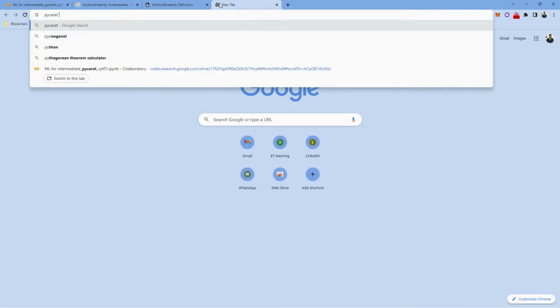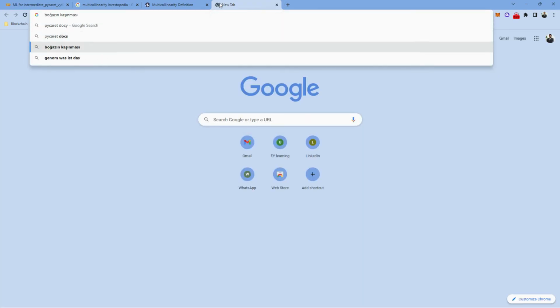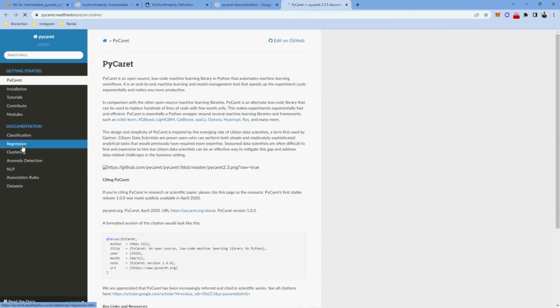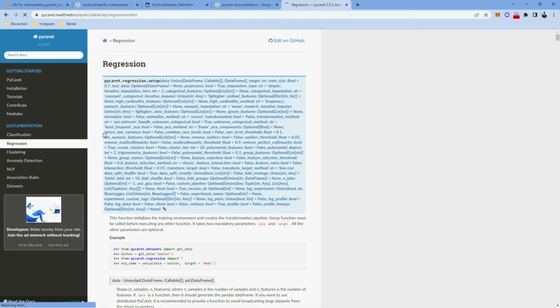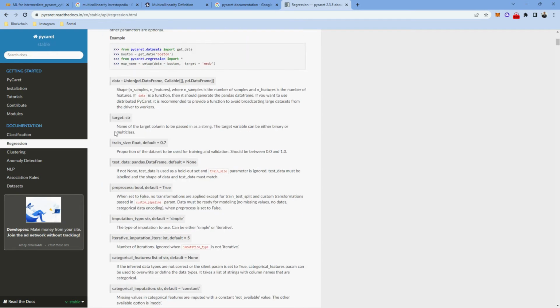And if you're not sure how to find that, what you need to do is go to Google, search for PyCaret documentation, go to PyCaret, go to regression, since we are running the regression. And in this setup, we should be able to find the ratios. So if you go here, there it is. So you can actually define train size. I copy this,